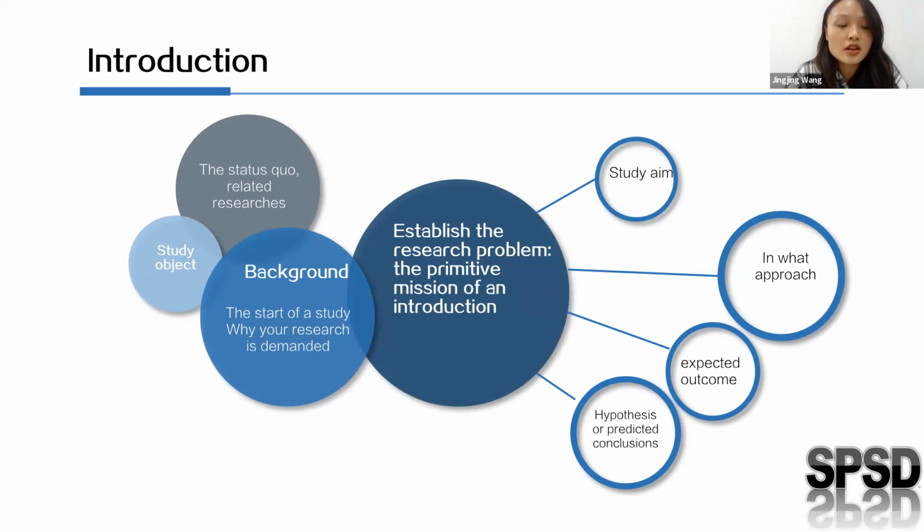In order to come up with your specific research problem, what is usually started in an introduction is the background. The status quo of your study area, current research about a frequently rising problem, a case that calls for urgent improvement, something like this, like what I list in the left part of this figure. If you have a specific object, it should be explained in this part as well.